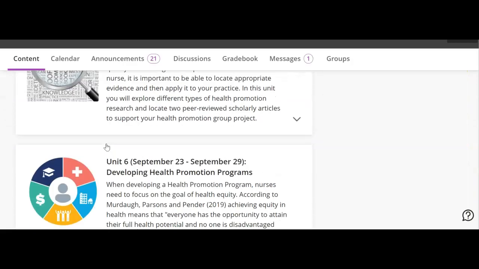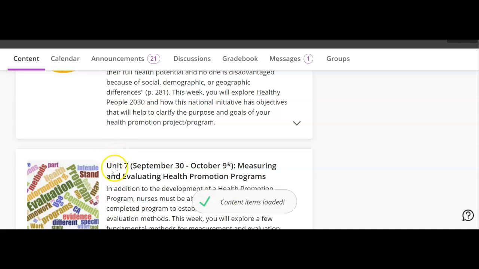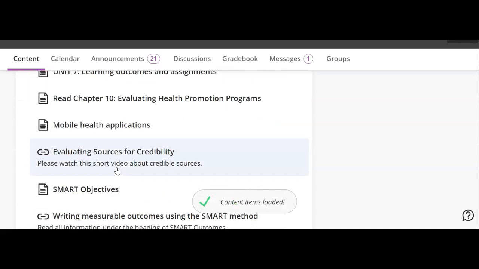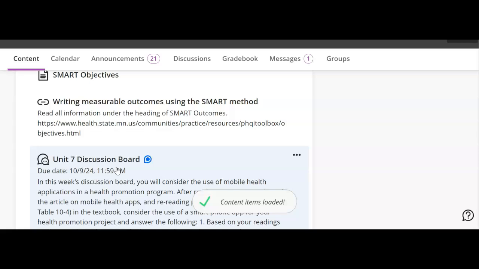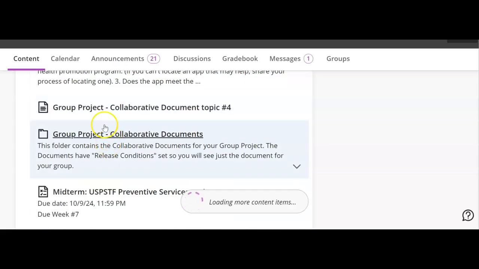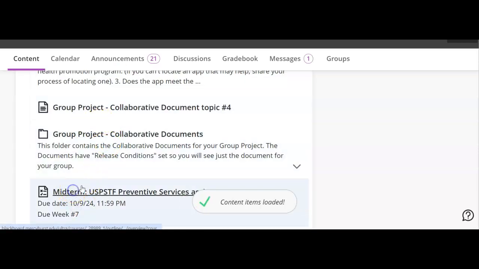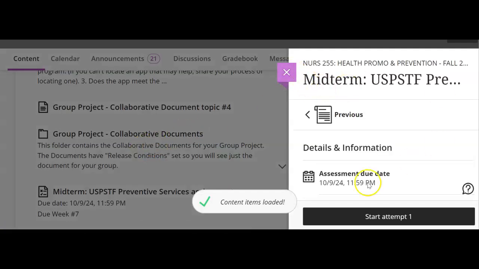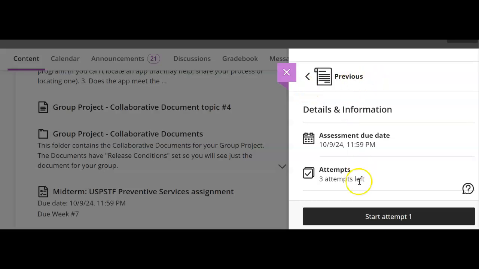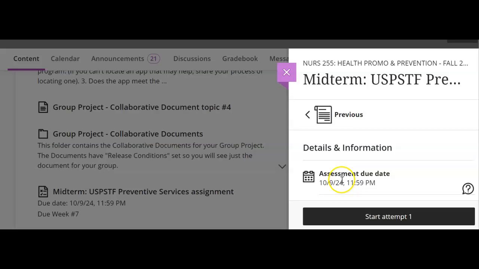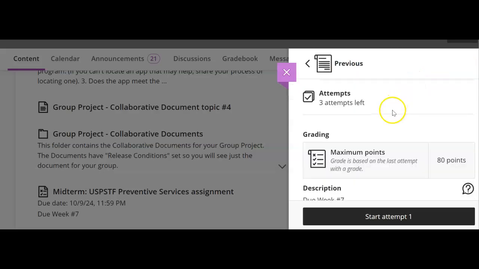Now we've got to go back to 7. Okay, here. So when you click on it, you see really nothing more than when it's due, how many attempts you have, and you know you're in the assignment.